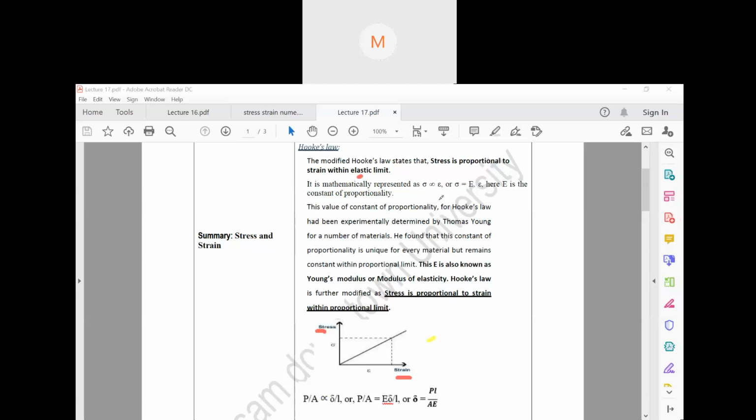So mathematically, stress is represented by sigma, and strain by this epsilon. So that means sigma is proportional to epsilon. Now, if it is proportional, then there will be one constant to make this equal. Yes or no? So, if there is one constant present, then this constant is called constant of